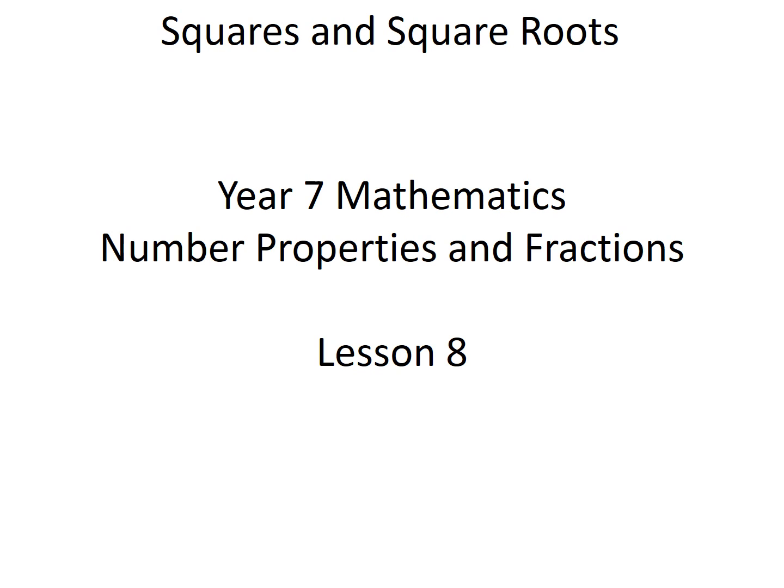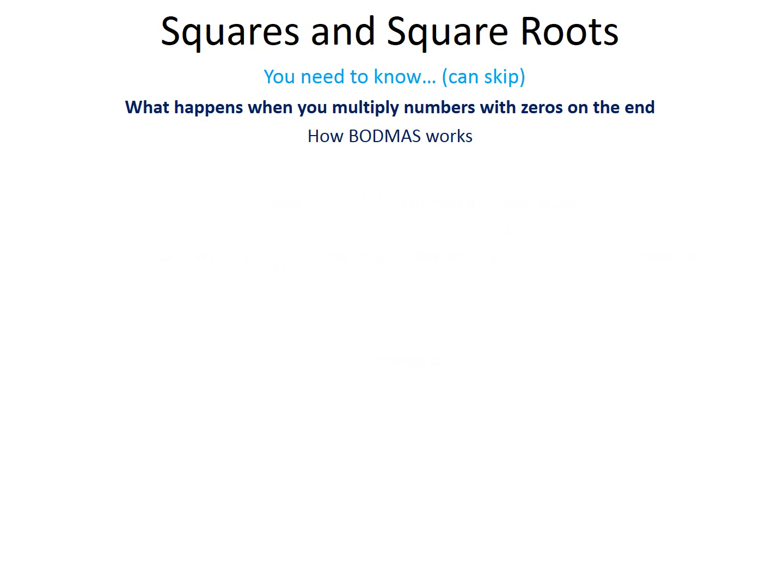In this lesson, we're going to be looking at how to evaluate squares and square roots. So first we'll need to make sure we know what happens when you multiply numbers with zeros on the end, like these ones. There's a very nice shortcut. What you do is you multiply the non-zero numbers normally, and then you just add all the zeros on the